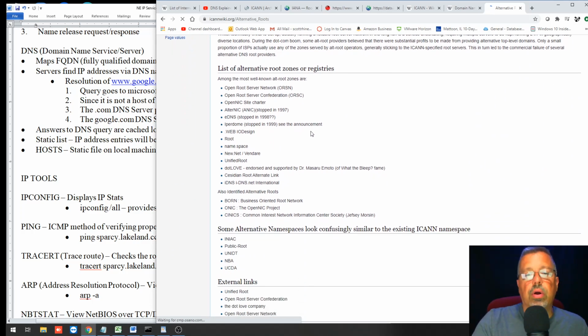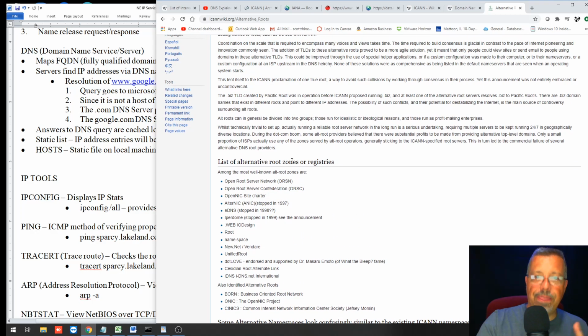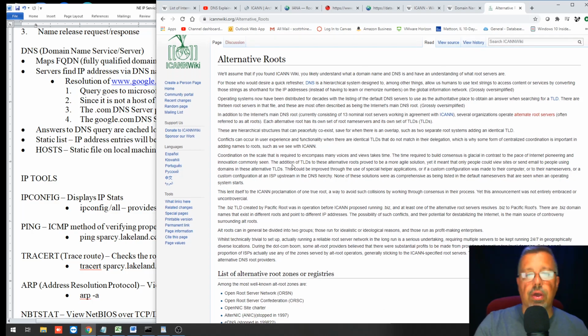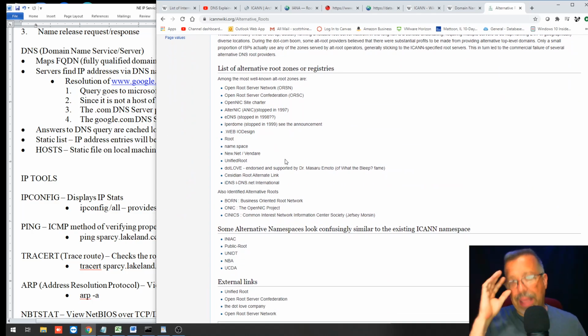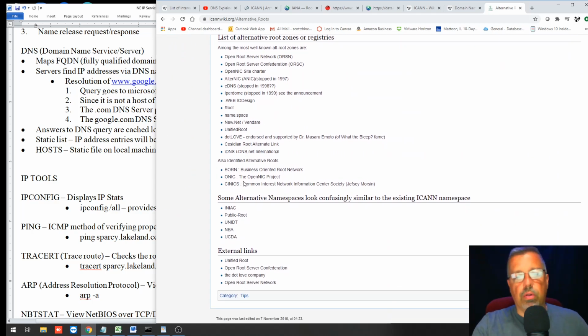So these are not government or ICANN sanctioned DNS routes. These are ones, when they talk about the black web or the dark web, websites that you can't normally get to, this is one of the things they're talking about. So these are not all bad. And in fact, for a long time, there was an Australian route, the Pacific route, there was an Atlantic route. I don't know that either of those are still in use, but this is just a bunch of people got